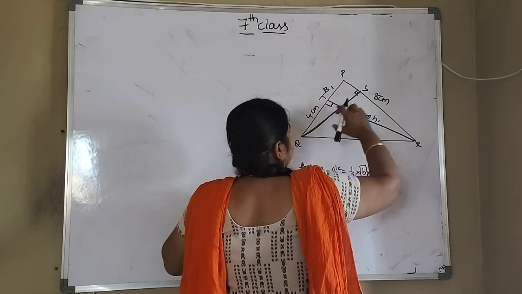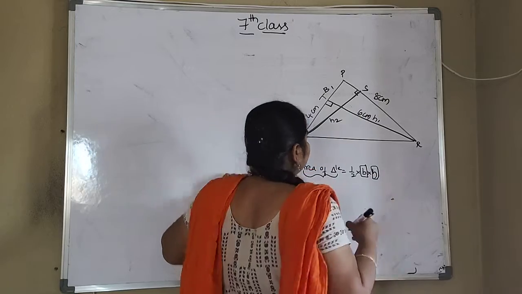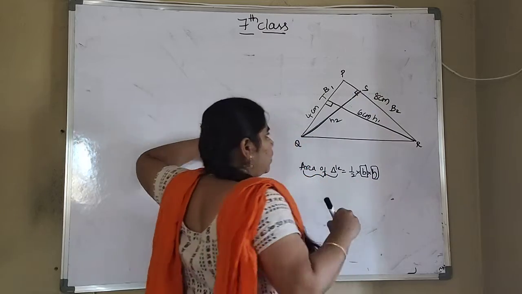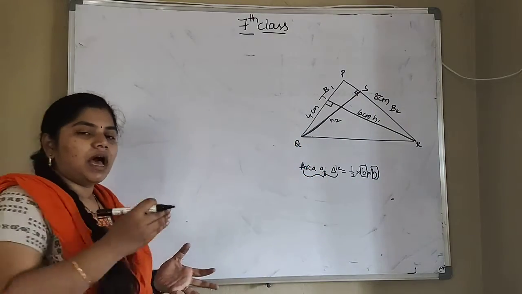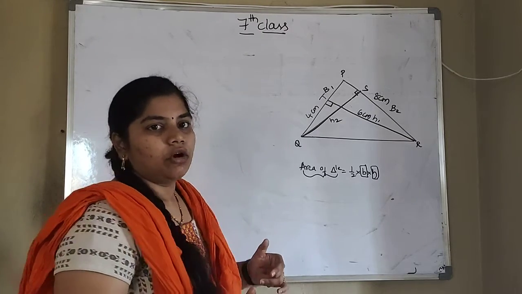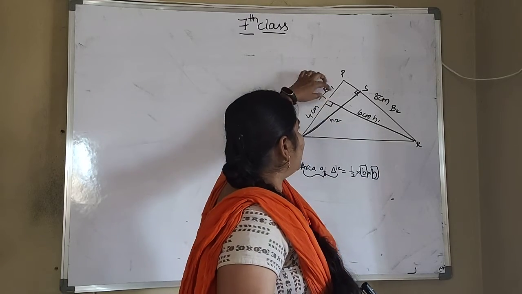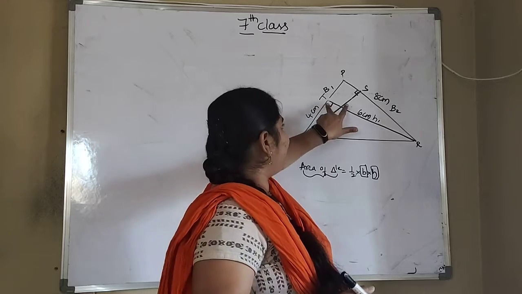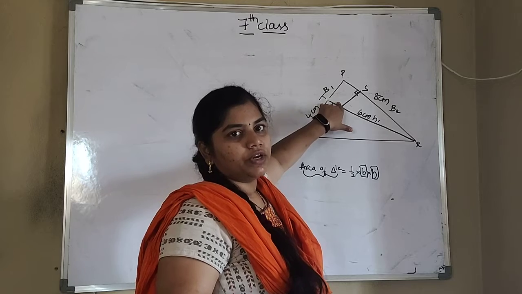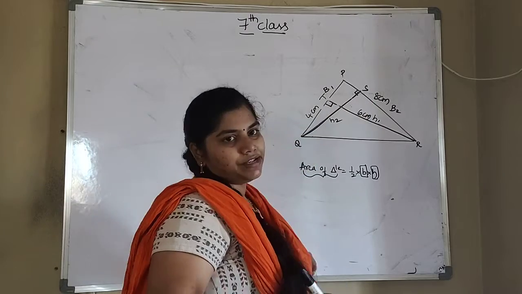So if you take this perpendicular line, the QS value we don't know. So I am taking this as H2. This value we don't know. But the base value we know. That is B2. So what I told, where you see the height and base together, if you know the two values, then only you can find the area of the triangle. So here this height value we know, and this base value we know. So by using these two values, first we have to find the area of the triangle. After we get the area of the triangle, we can find this height value.